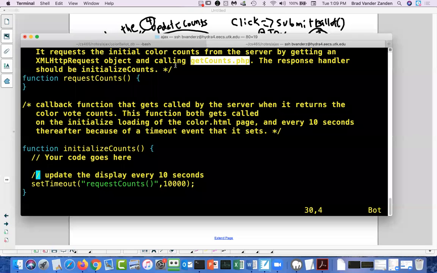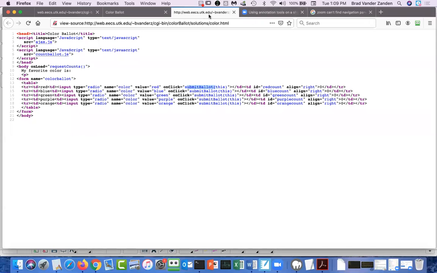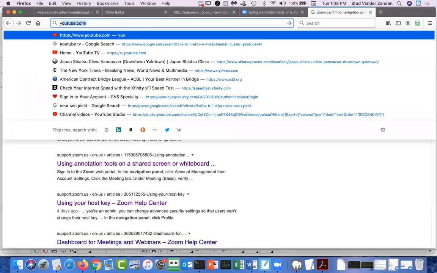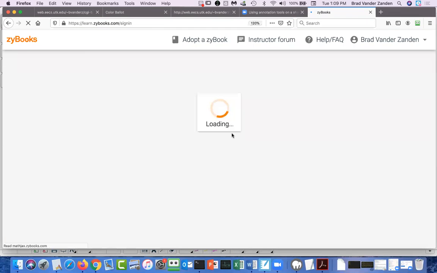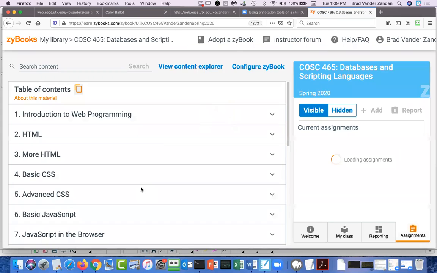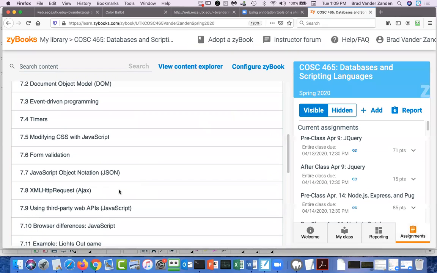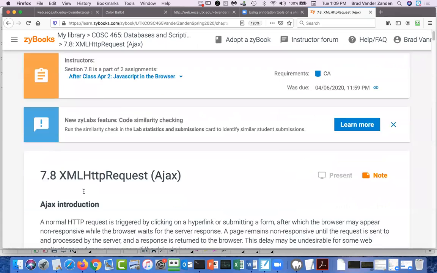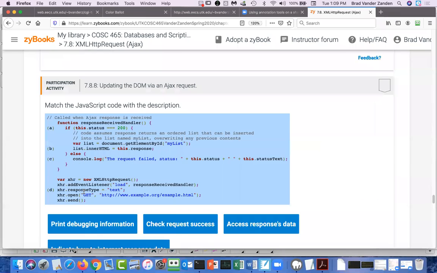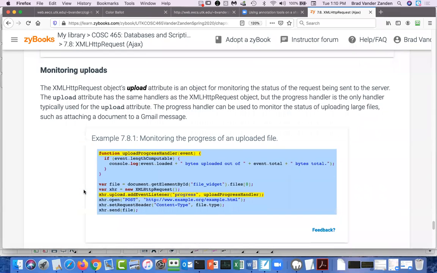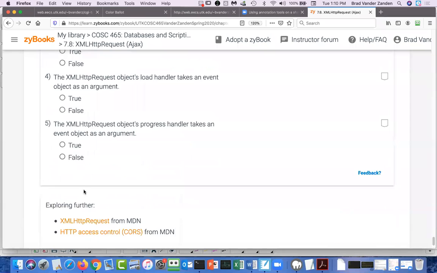The book in section 7.8 at the very end has an excellent example of how you can write your AJAX calls. So if you go to the book, and you go to the very end of section 7.8, let's see, not there.